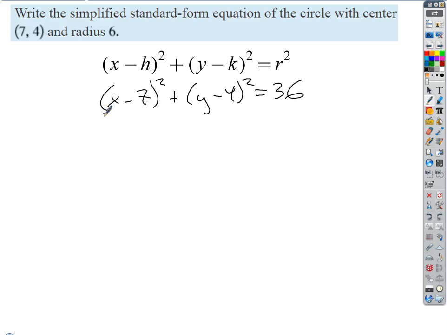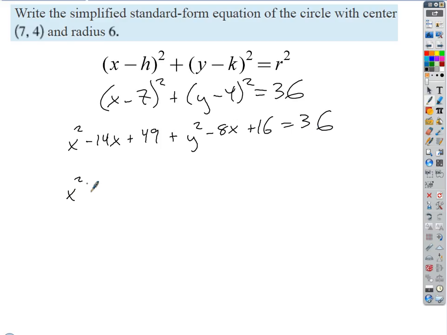If I expand out x minus 7 squared, I'm gonna get x squared minus 14x plus 49, good, plus, what about this one? Plus 16 equals 36. And then what if we just rearrange those terms,